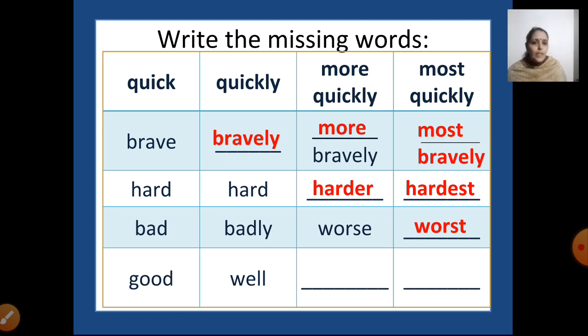Get is a verb. When somebody is sick, you're not going to tell him get good soon, do you say that? No, you say get well soon. So when it's coming with the verb, it becomes well. And in comparative form, it becomes better, and in superlative, we write it as best. So good, better, best. Right? Now let us do some more exercises, children.